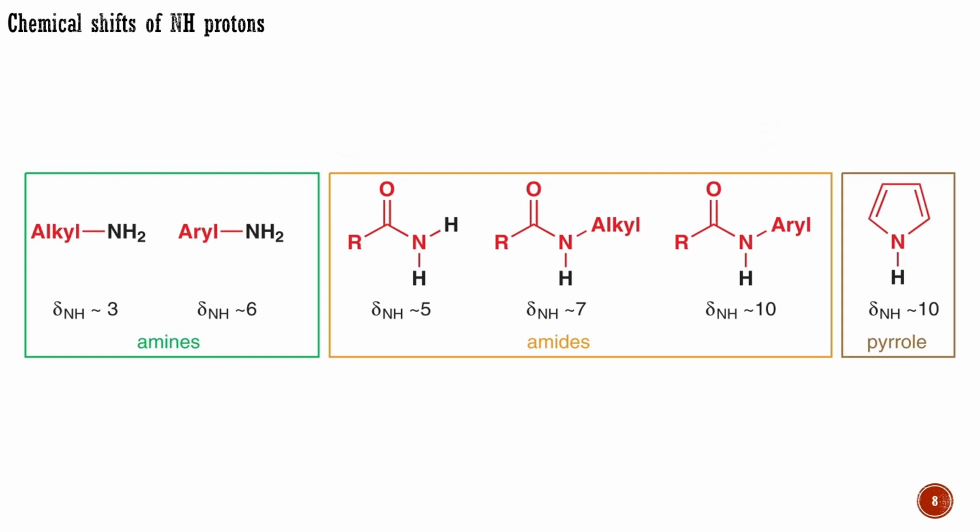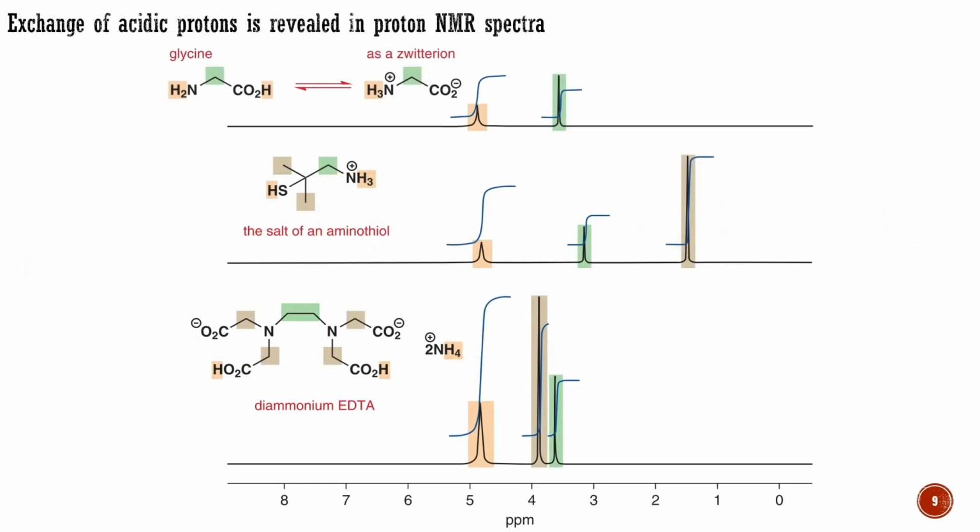Amides are slightly acidic and amide protons resonate at quite low fields. Pyrroles are special as the aromaticity of the ring makes the NH proton unusually acidic, and they appear at about 10 ppm. Compounds with very polar groups often dissolve best in water. NMR spectra are usually run in deuterated chloroform, but heavy water, or deuterated water, can also be an excellent NMR